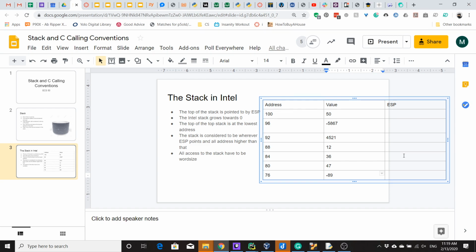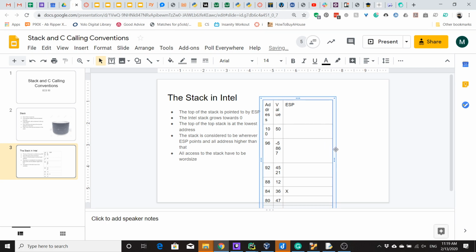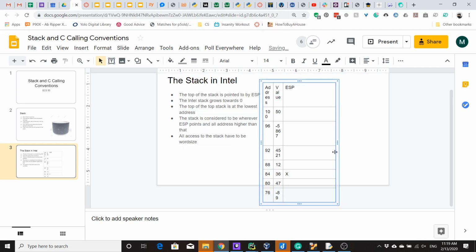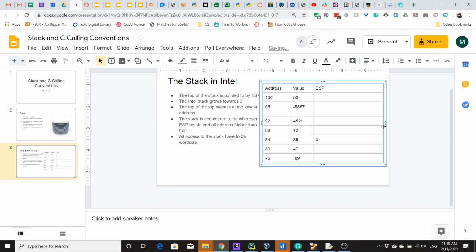And let's say ESP right now was right here, in our example. First question is, what value does ESP